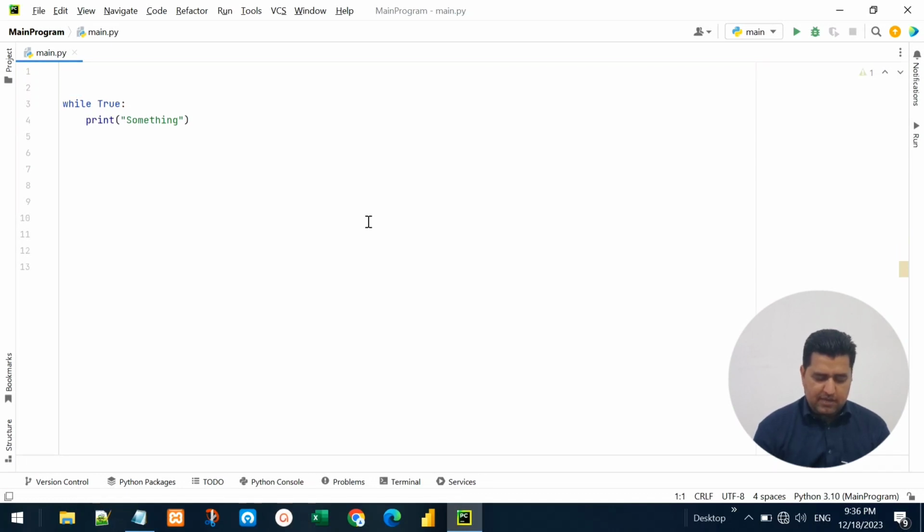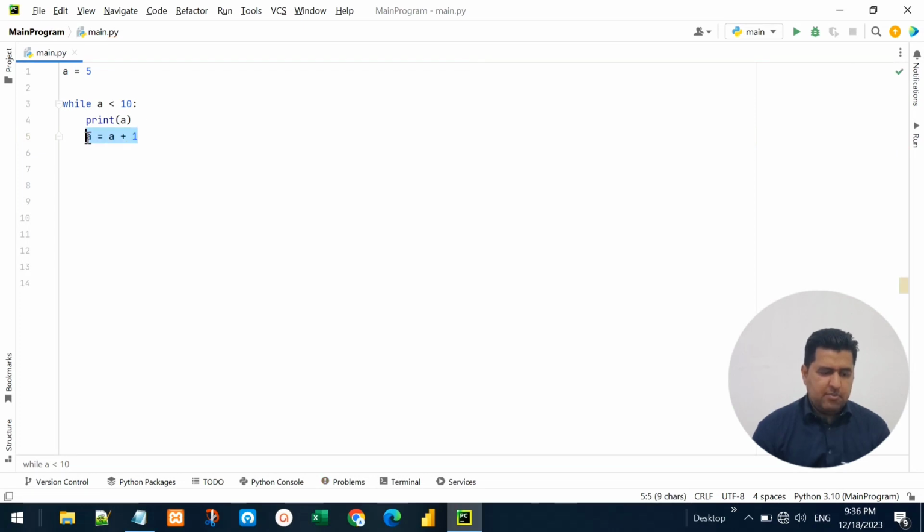So for example, I can say if I have variable a and it has value 5, then I can say that while a is less than 10, you need to print a. So I can say that print a, and after this print I can say add 1 to the existing value of a,